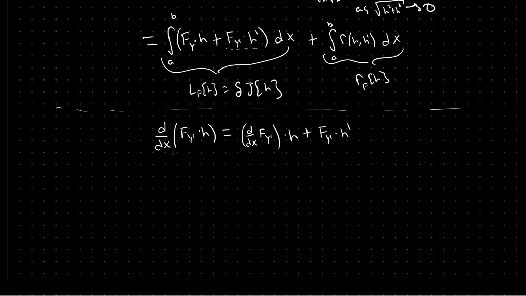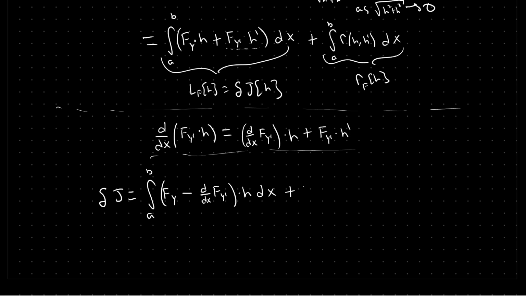So if we use this product rule and do integration by parts on this term, we obtain another expression for delta J as the integral from a to b of f_y minus the x derivative of f_y', times h,